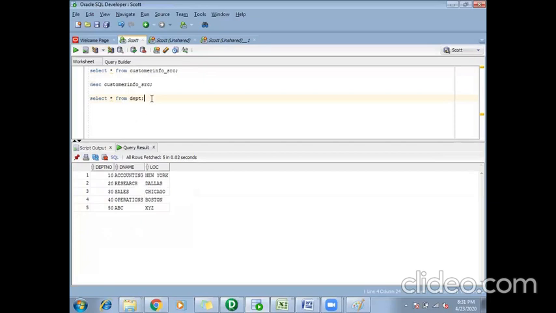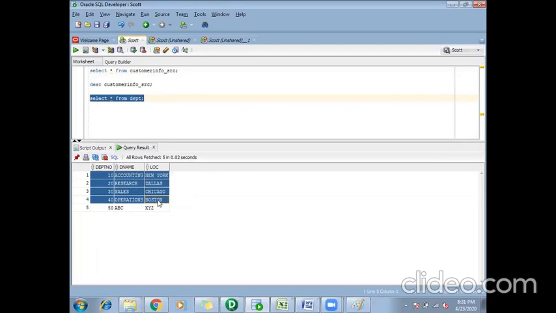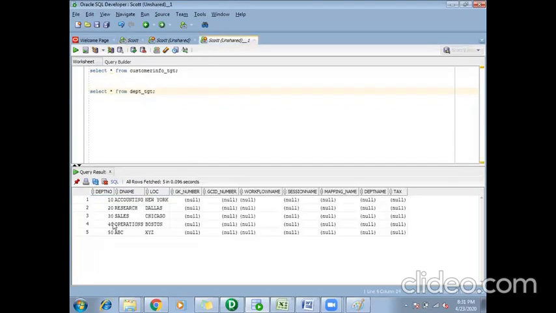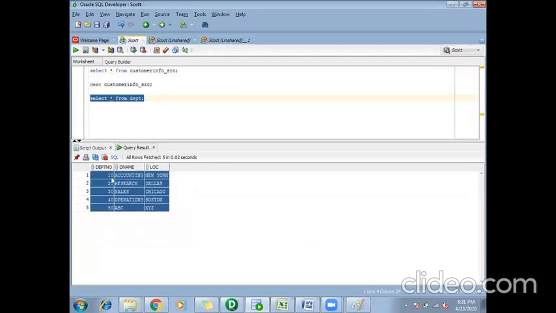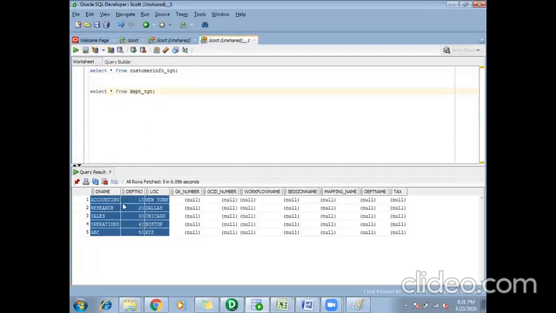My department source table has department number, name, and location. As of now, consider only these three columns in the target and ignore the other columns in this table. I want to load the data from my source, department number, name, and location, to the destination table, with the same ports, a one-to-one mapping again.